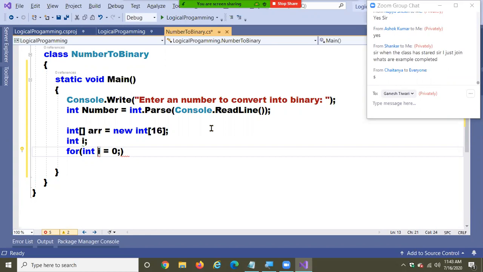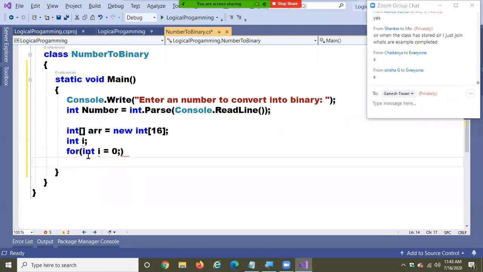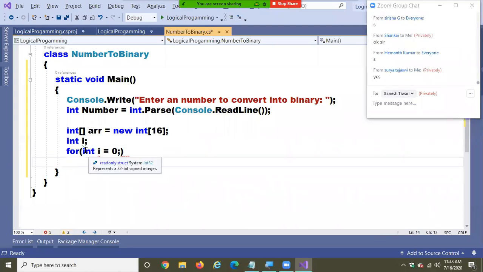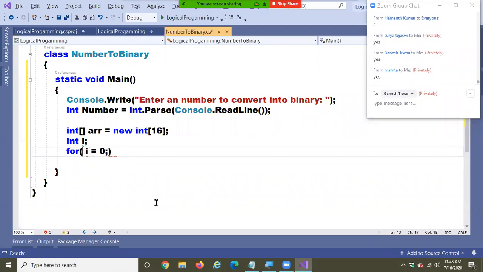Number to binary, we are just going to number to binary, Shankar. How to convert a number to binary format? That is nothing but base 2. Can I declare int i like this? But I wanted to declare it outside. Why, you know? I want this i value outside the for loop also.